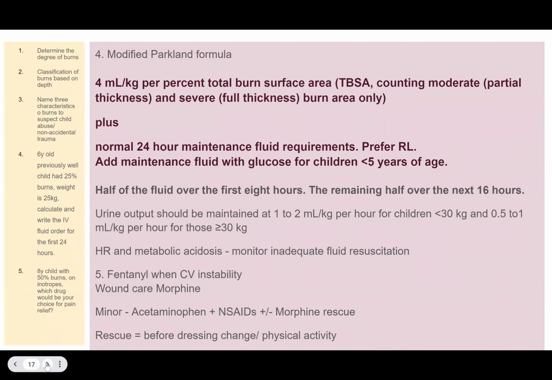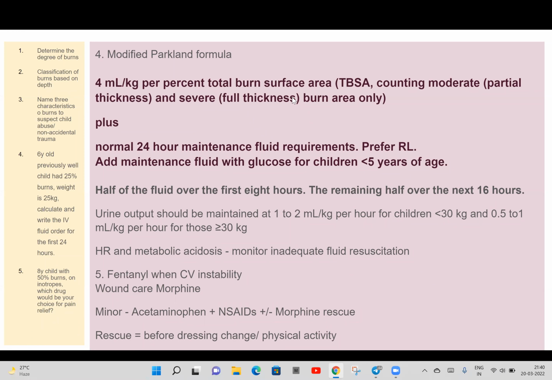So modified Parkland's formula is 4 ml per percentage total body surface area of burn. That is only the severe burned areas. We should not take the first degree burned areas. So if there is no blister, if there is only erythema and no blisters and no features of a partial thickness burn, then those areas should not be considered for calculating this total burn surface area. And plus normal maintenance fluid